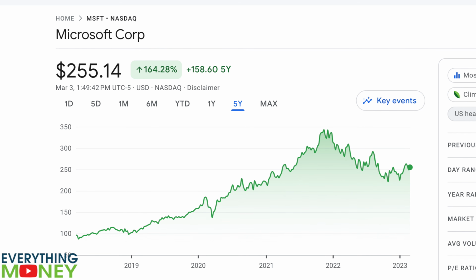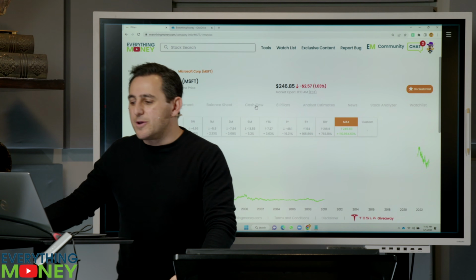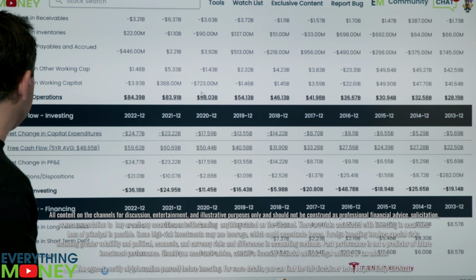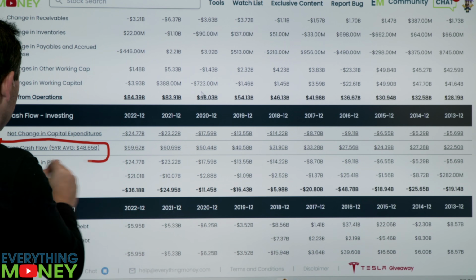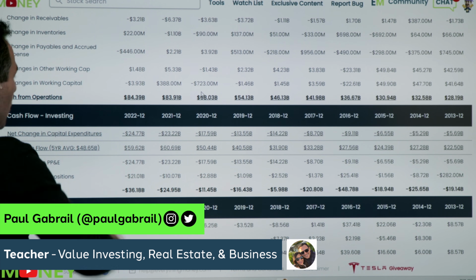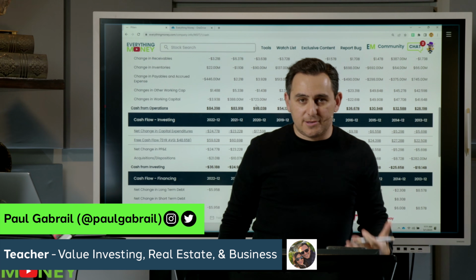It's a very high cash business. They generate a ton of cash. We go to the cash flow statement. We scroll right here, and in our software, we make life so easy for you. We actually added this line to show you free cash flow. Cash from operations less your capital expenditures. Now, why do we look at free cash flow so much?